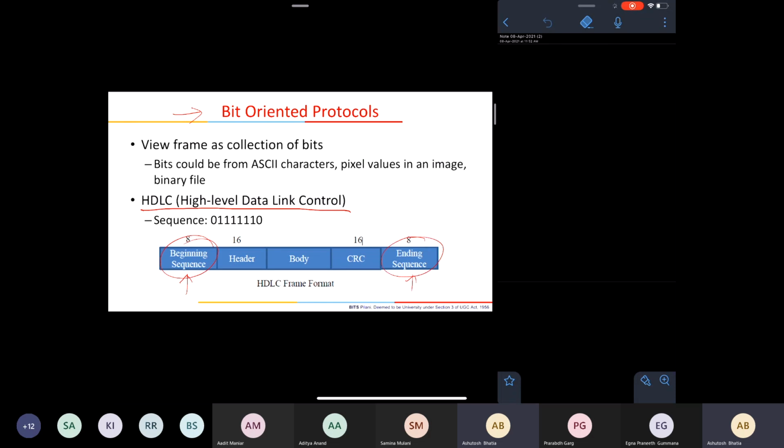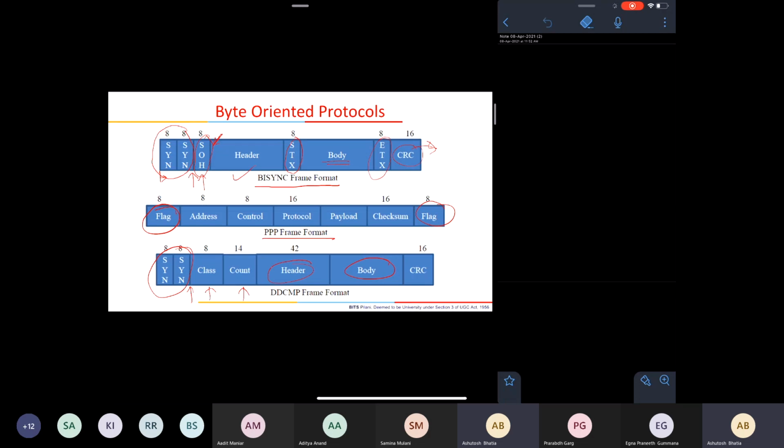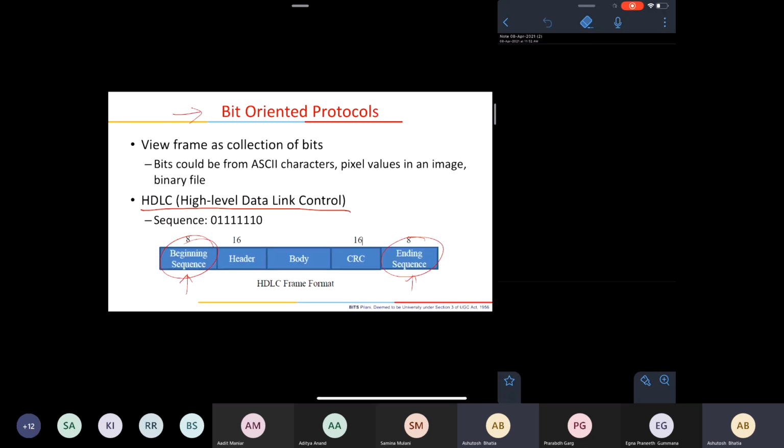Okay, we will abstract out this particular slide and this slide, and we will see these concepts now. But just to tell you, in a bit oriented protocol, to frame you use special types of sequences, like 0 1 1 1 0 or something, and then you say that, okay, these are your markers, that is the beginning and that is the ending. Okay, so the whole